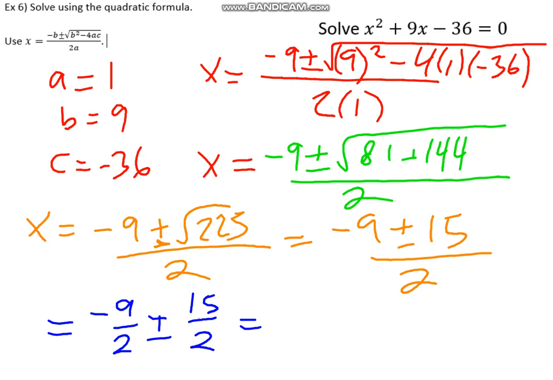Negative 9 over 2 plus 15 over 2 is 6 over 2, so that'll give you 3. And then negative 9 over 2 minus 15 over 2 would be negative 24 over 2, which turns out to be negative 12. And for good form,